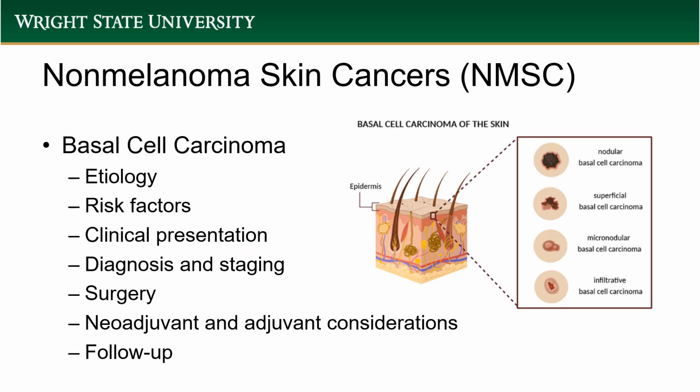Starting with basal cell skin cancer, this is the most common type of skin cancer, representing about 80% of all cases of non-melanoma skin cancers. This arises from the hair follicles that are only on hair-bearing skin, and 90% of cases have a mutated hedgehog